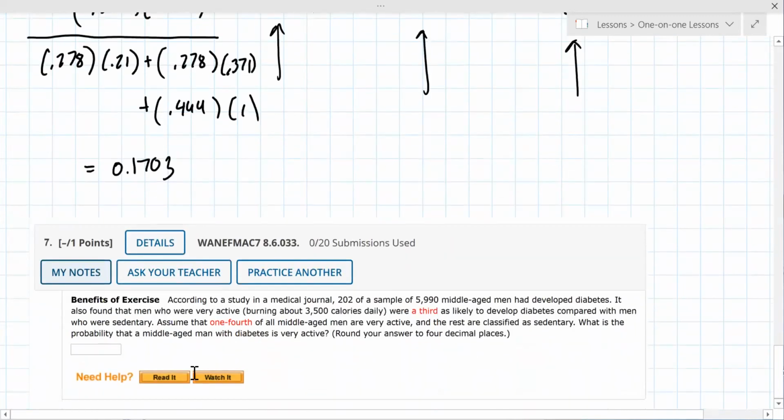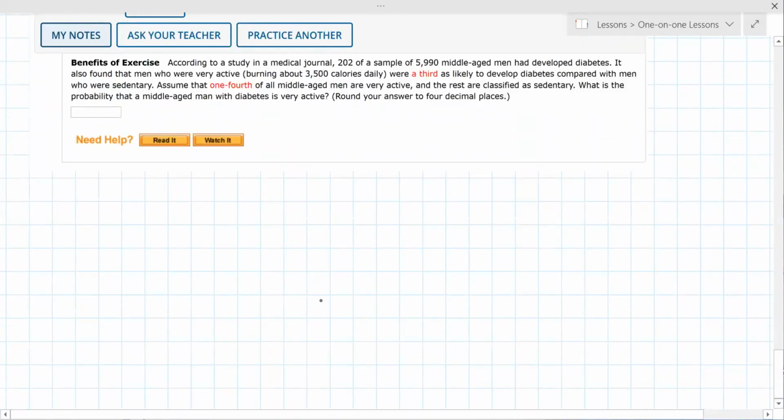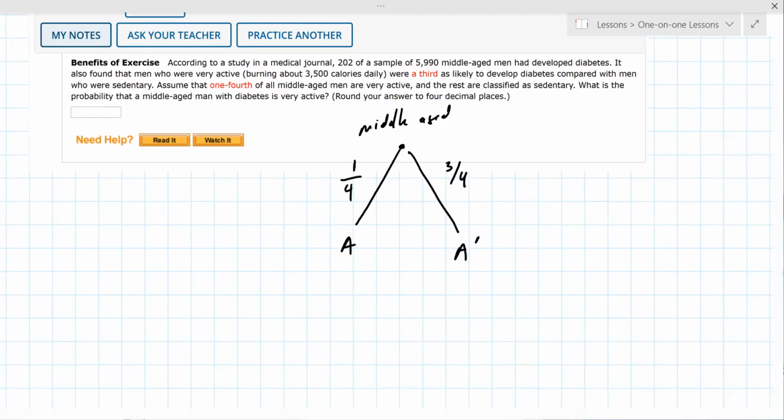So here it's what's the probability that a middle-aged man is very active. So that tells you your branching here. We have active and not active. And we're starting out with a middle-aged person. So 1/4 are very active, and the rest are not. So for those that were active,